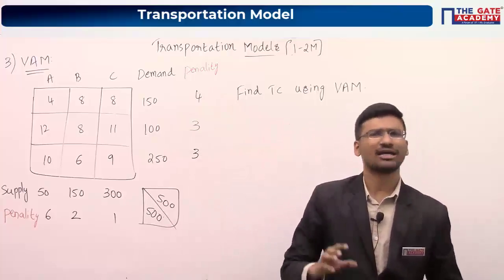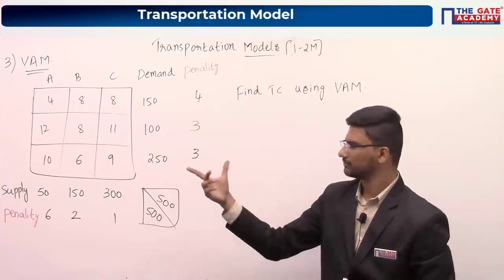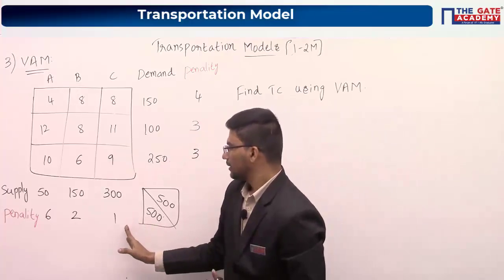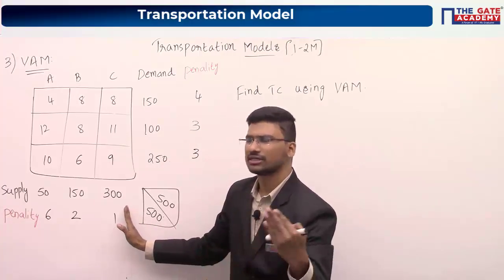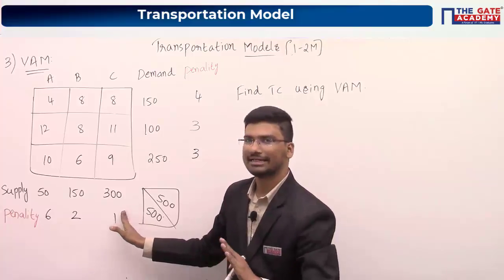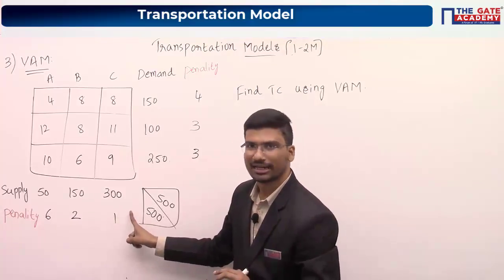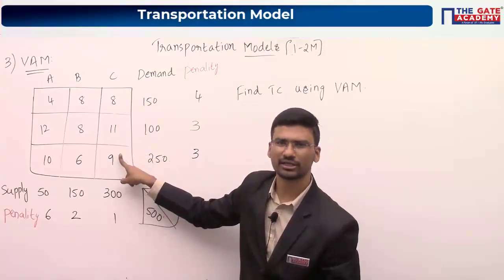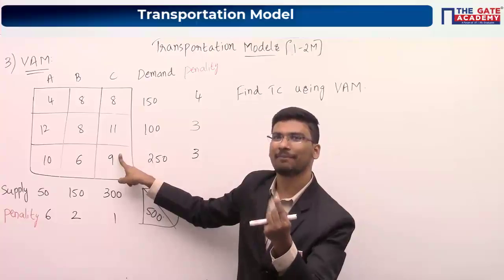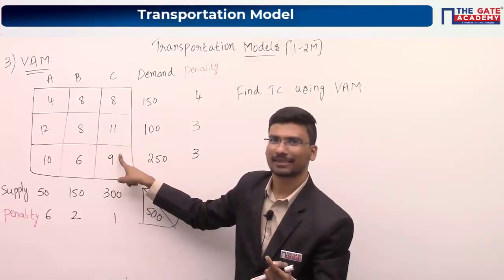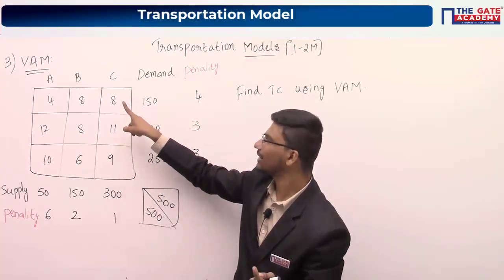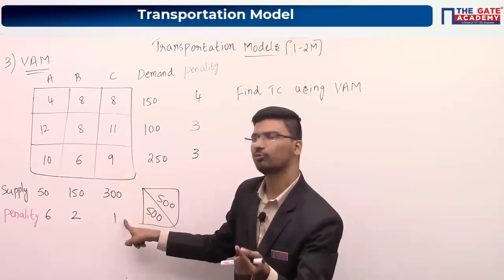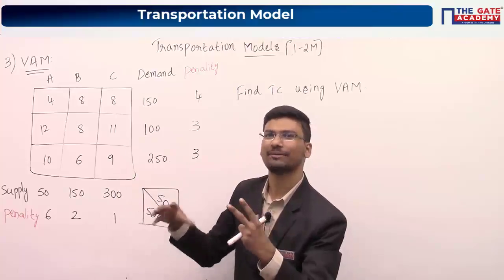Now coming to the reason, why we have to go for maximum penalty column or maximum penalty row. See, let us take this minimum penalty. People who said that we have to allocate in the minimum penalty column: in this minimum penalty column, let us say instead of allocating here, if you are allocating here, you just have to pay only a penalty of rupees 1. If you are not allocating here and if you are allocating here, you just have to pay a penalty of only rupees 1. That you can bear.